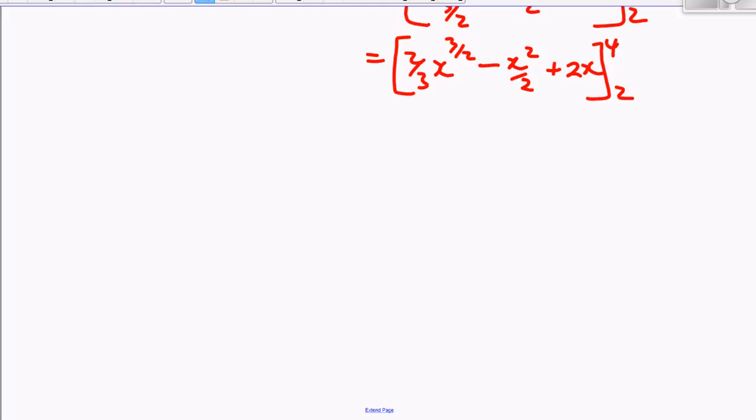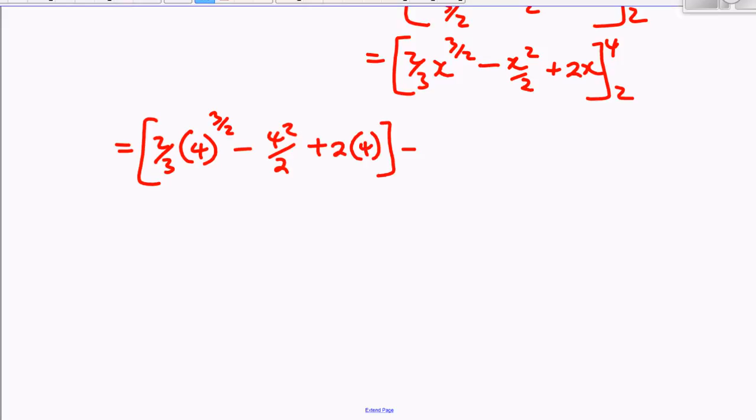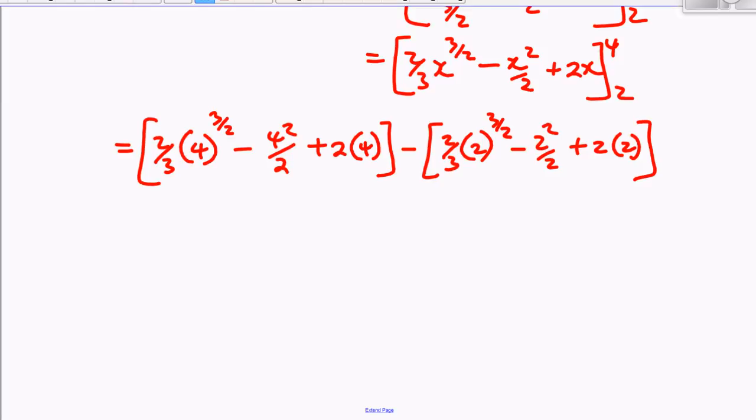So this means, I'll just come to the left. We plug in 4: 2 over 3, 4 to power 3 over 2 minus 4 squared over 2 plus 2 multiplied by 4, minus, plug in 2 over 3 to power 3 over 2 minus 2 squared over 2 plus 2 multiplied by 2, which means I'll end up with 16 over 3 minus 8 plus 8